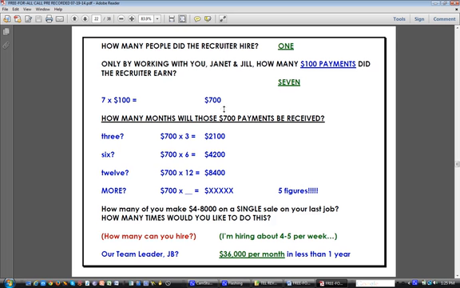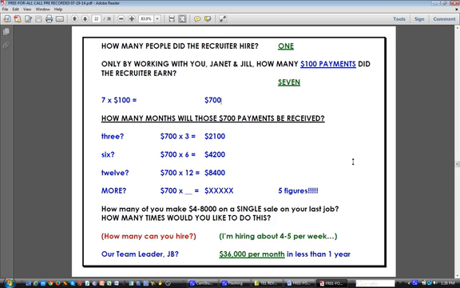Now, it doesn't stop there, in case you're already thinking this is pretty darn good, because it doesn't stop at $700, because that's only what happens in the first month. The question is, how many months will those $700 payments continue to be received? 3 months? Then it's worth $2,100. 6 months? Then it's worth $4,200. 12 months? Then it's worth